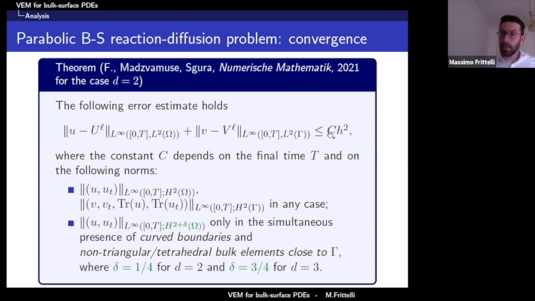This constant C depends as usual on the H2 norm of the exact solution, both in the bulk and on the surface. It also depends on this H2 plus delta norm of the exact solution in the bulk. This is not optimal. Usually convergence estimates for linear finite elements or virtual elements only depend on H2 norms. In this case, we need this slight additional regularity, which is delta equals 1/4 in the two-dimensional case and 3/4